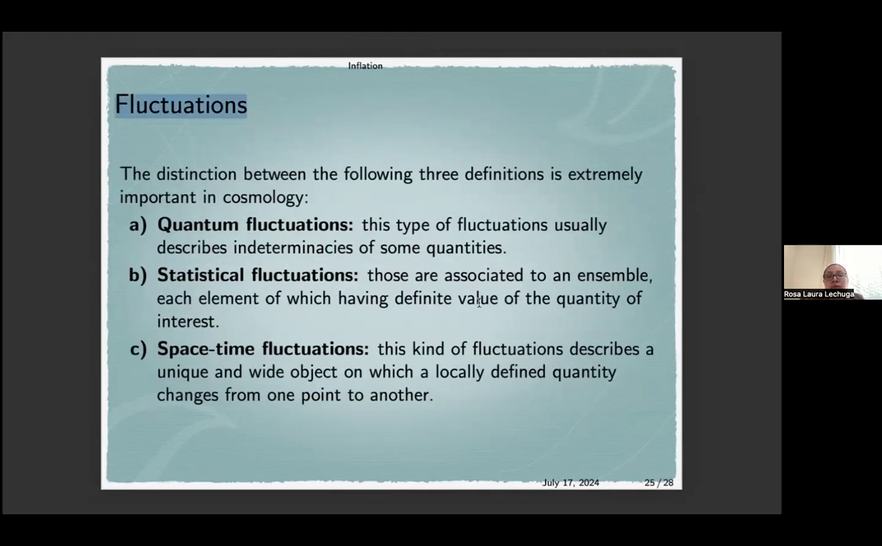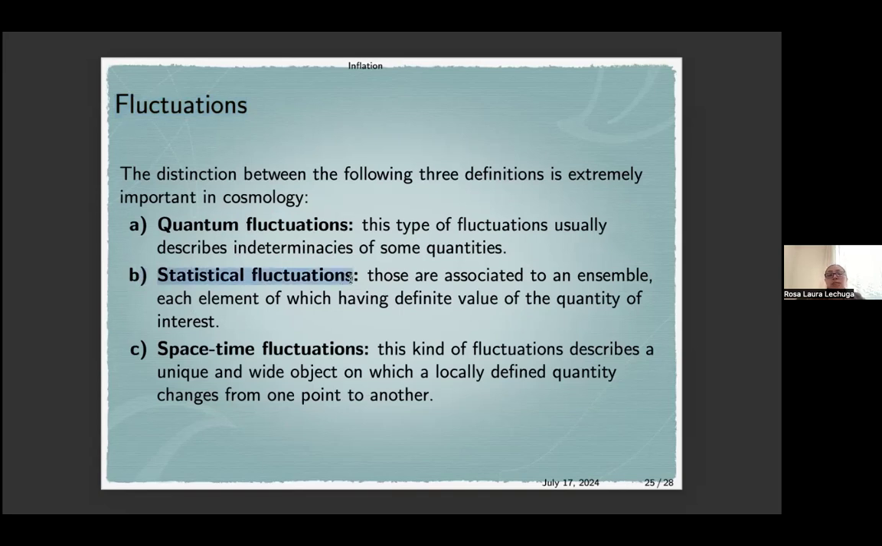This distinction between the fluctuations is a summary of a discussion that appeared in the Weinberg book, and he tried to put clearly the different notions about fluctuations. There are three well-known kinds of fluctuations, and I'm going to start with the B,